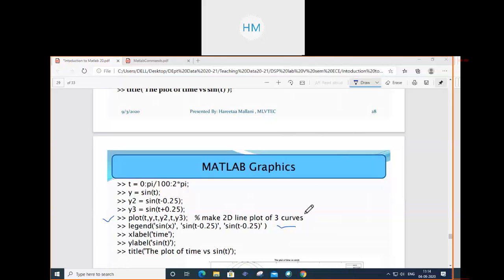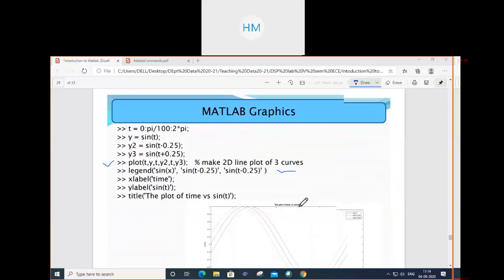Can anyone tell legend? See, we are plotting 3 different graphs. How will I come to know which graph is related to which input? There I will mark the legend function, to show the first graph is of sin x, the second is of this and the third is of this.